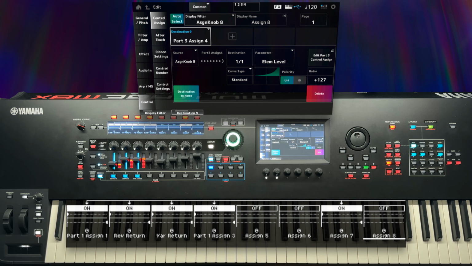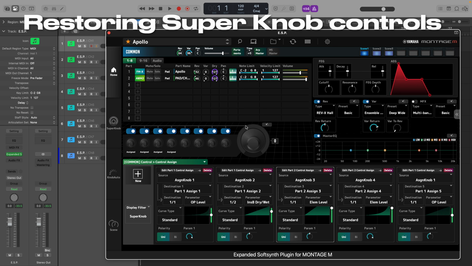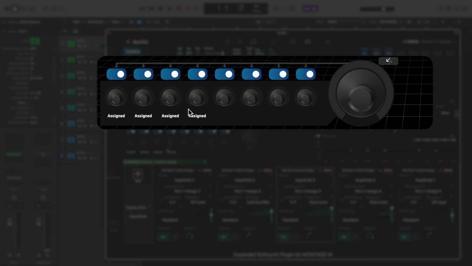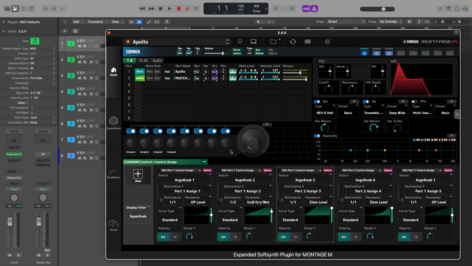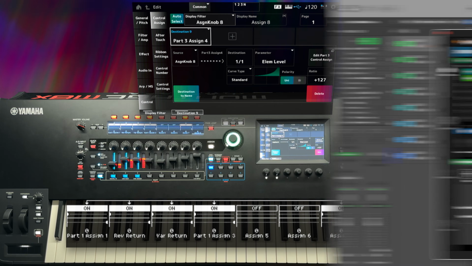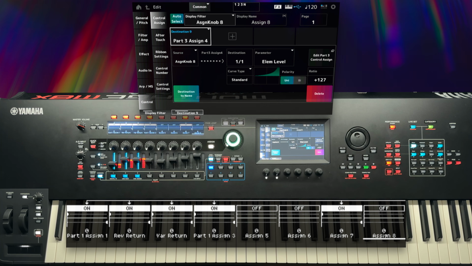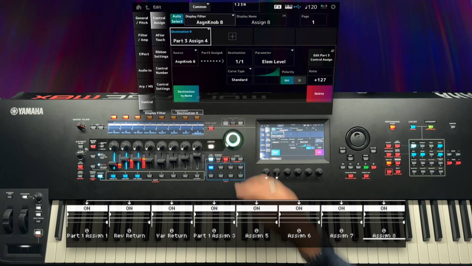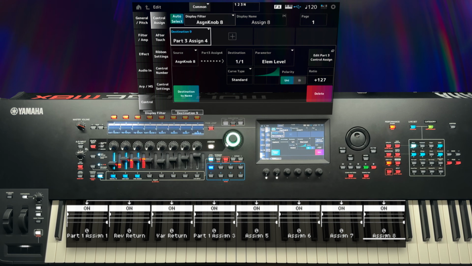We're nearly done here, but there's one more thing to do. In the original Apollo performance, the super knob is linked to all the assignable knobs, but only 4 of them actually have assignments. So the final 4 links are redundant, which is just a bit of lazy programming from the sound designer. But if we want our new performance to work in the same way, we're going to have to restore super knob link to our newly assigned common knobs. I'll turn on super knob link for knobs 5, 6, 7 and 8, which control the Apollo parts, and now